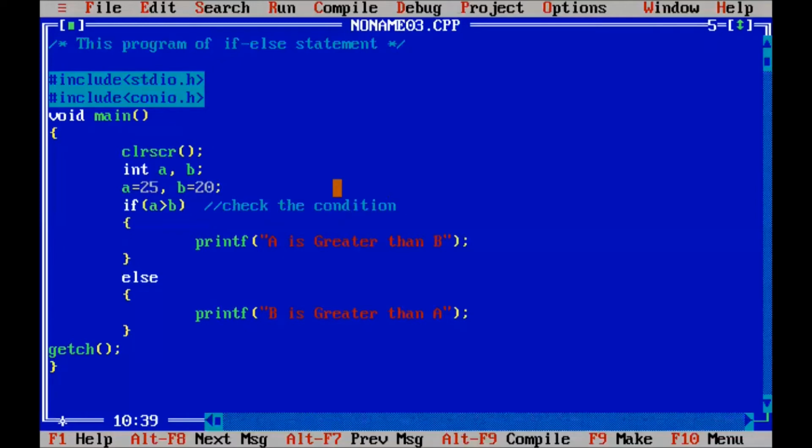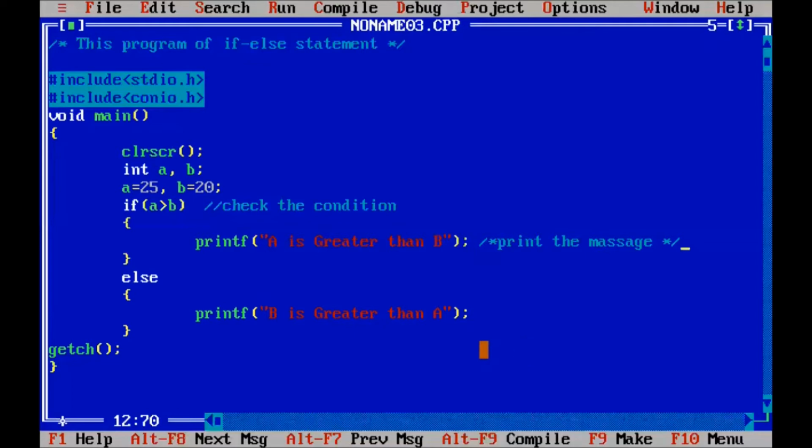Okay, this comment is also allowed in the Turbo C++ compiler, and here also you can write a comment. You can write anywhere. Suppose this form also you can use, print the message. Okay, so you can write a comment anywhere. This form is valid, and this form is also valid.